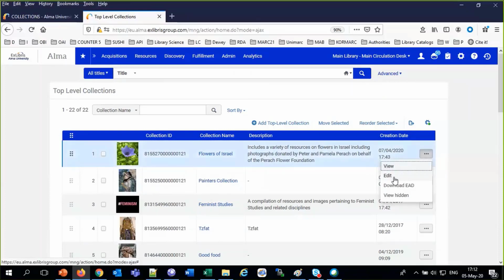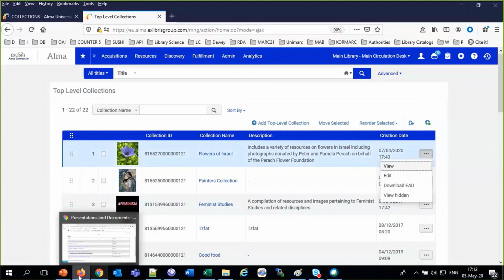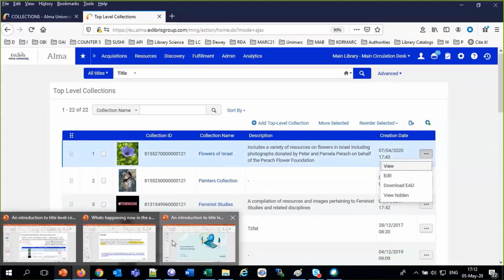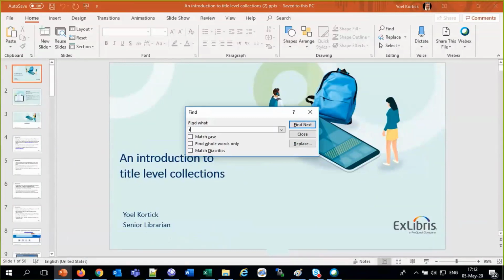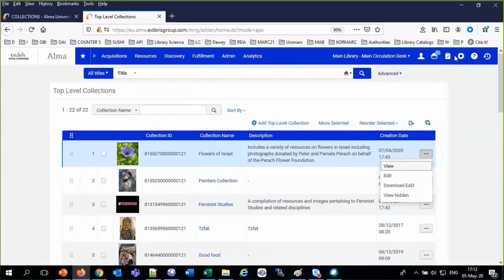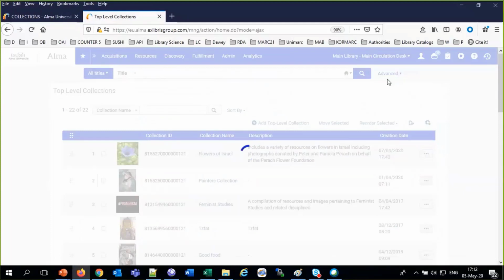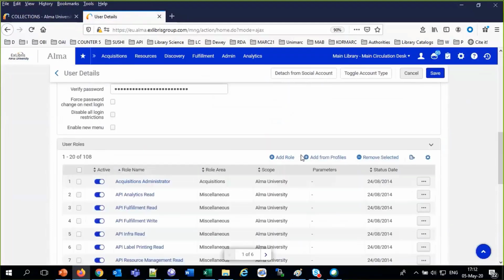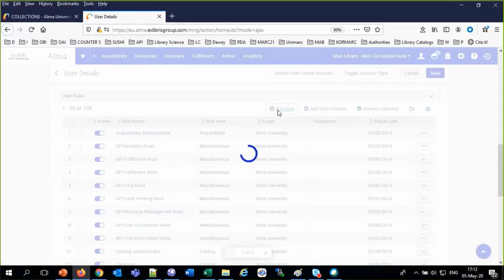And in order to be able to edit these, I need to have a role. Let's go take a look at that role. Here, here, and here. Roles. Okay. In order to be able to do this edit, we need the collection inventory operator or the collection inventory operator extended. If I look at my user's roles, here I'm logged in as Hannah Wagner. And if we look at these roles, and I click add role just to be able to see a role,